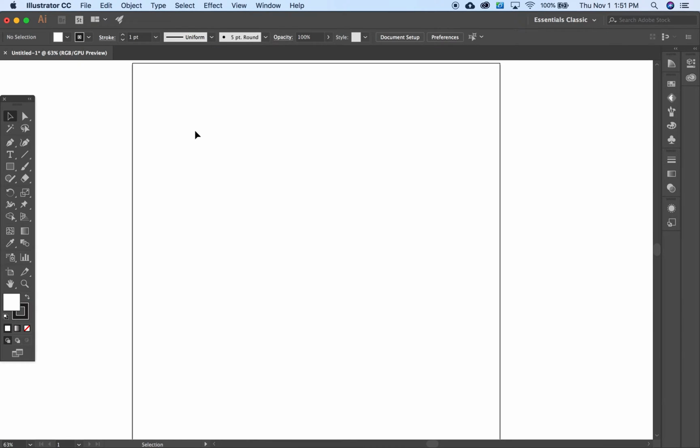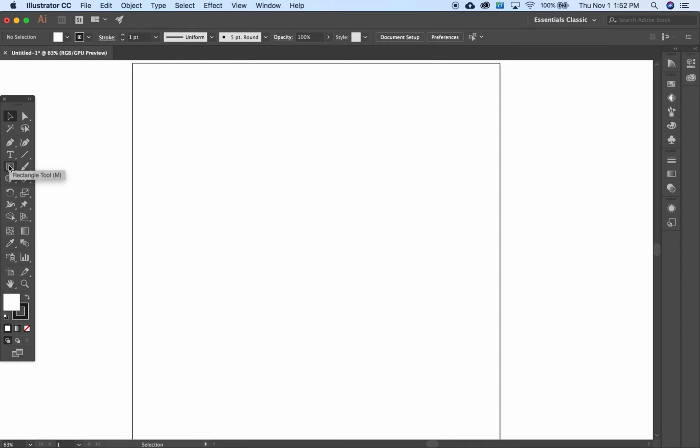Okay, I am going to show you how to make your very first circle in Adobe Illustrator. What you're going to do is come over to the left hand side of your screen. By default, you will be on the selection tool, which is fine. But what you're going to do is go down in that column and find